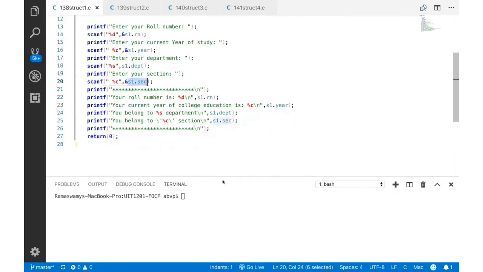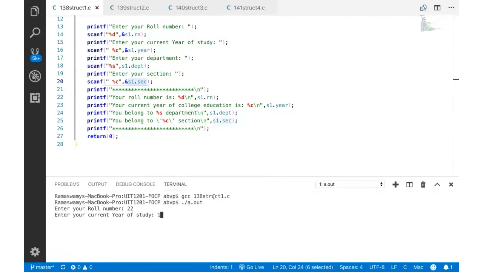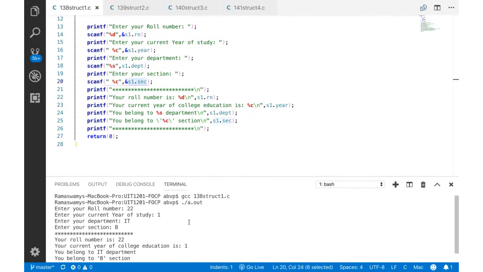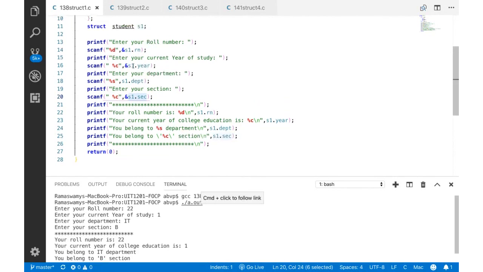Let us build and run this code. So we have created a structure and access the member variables using the dot notation.